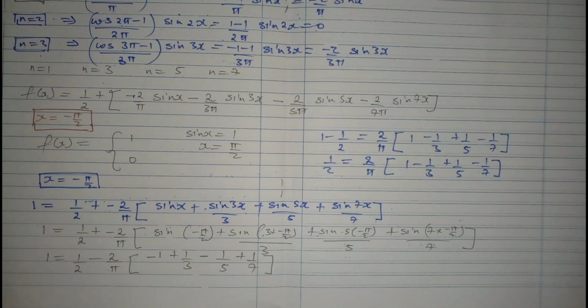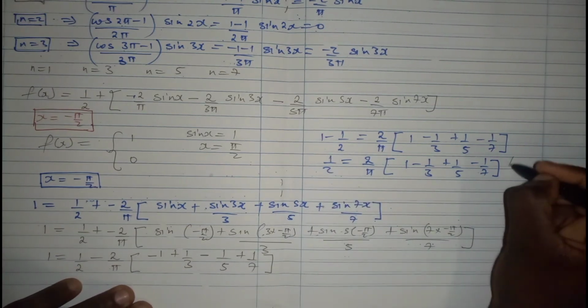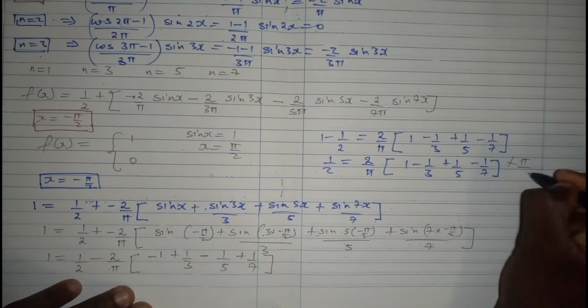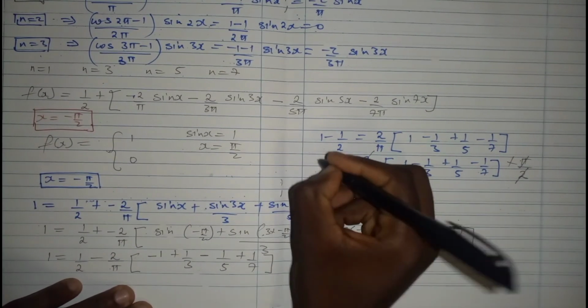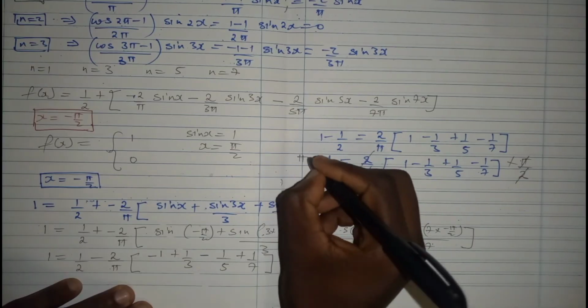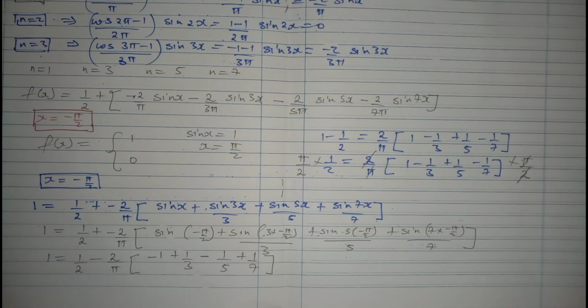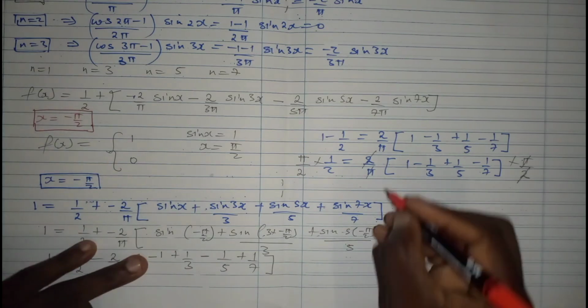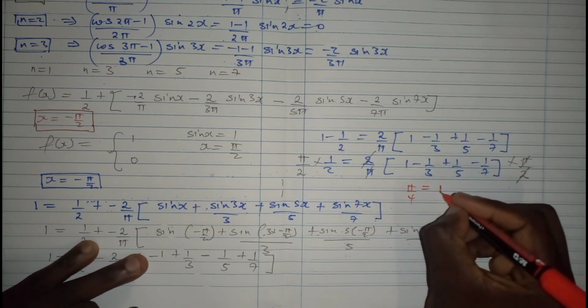Almost done, but we need pi upon 4 here. So I'm going to multiply both sides by pi and divide both sides by 2, so that we can cancel this one and this one. We're going to do the same here. We're going to need pi here and over 2. And if we do that, since I'm running out of space, allow me to write here in singularity. We're going to have pi over 4 is equal to 1 minus 1